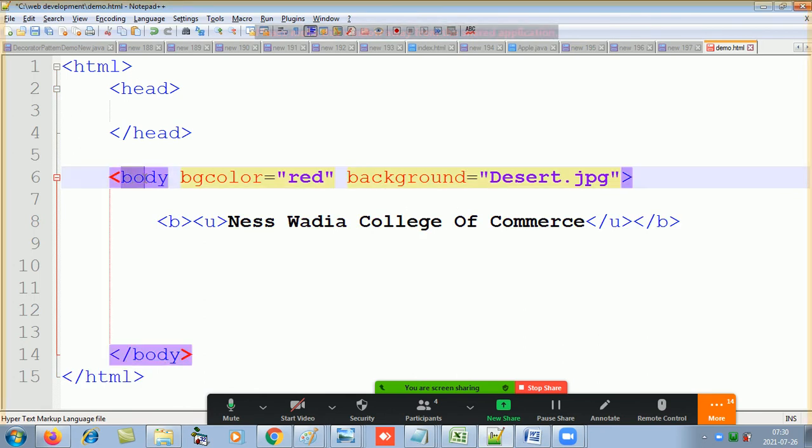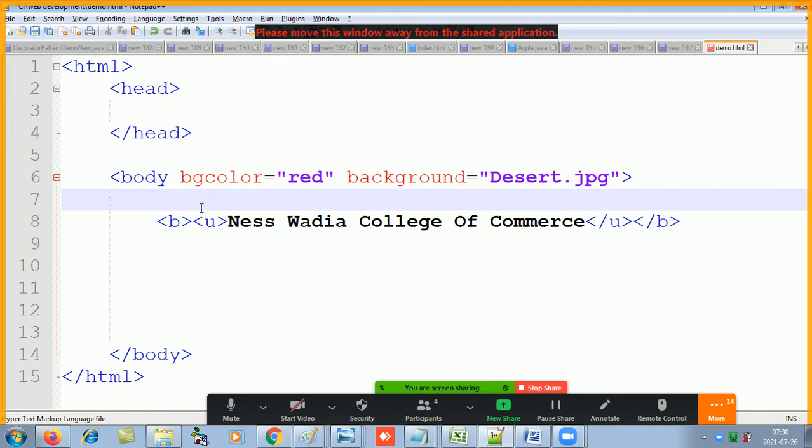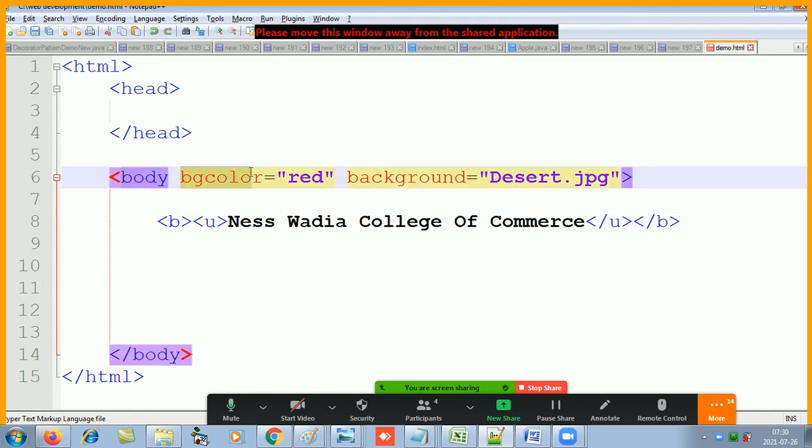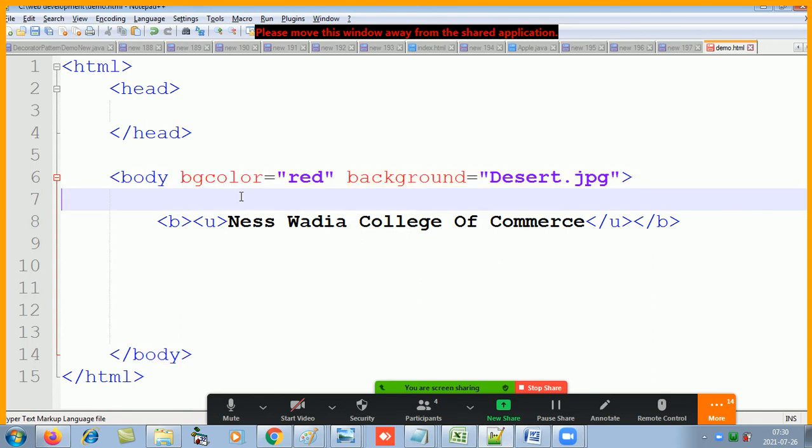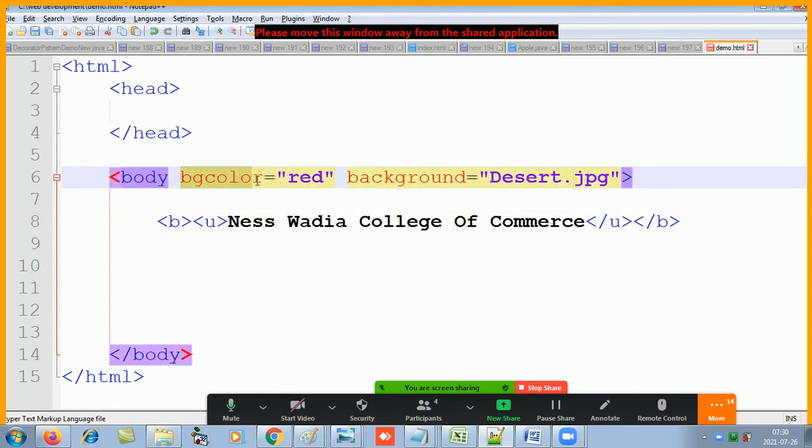So now body is the element. Now how many attributes does the body element have now? The attribute names are color coded to red. So the red color codes are the names of the attributes. So one element can have multiple attributes.